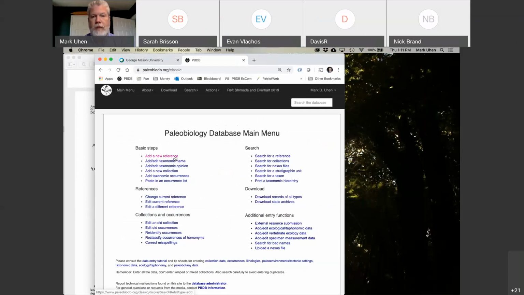Okay. So now, Mark, people say that with their guest account they cannot see this add new reference button. And they are correct, because you cannot enter data if you are a guest. You will only be able to download data. Having a guest account is the first step in getting a full account, and I will come back to that at the end. Okay, so only people who have full accounts of some sort can enter data,